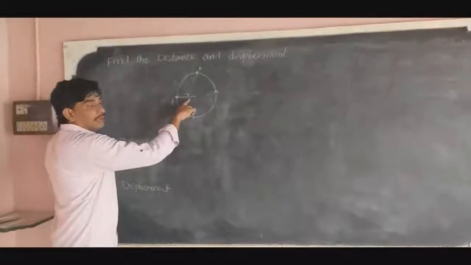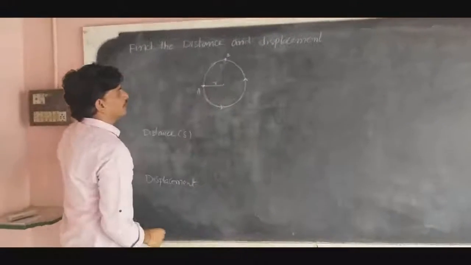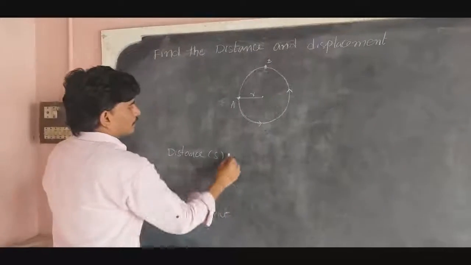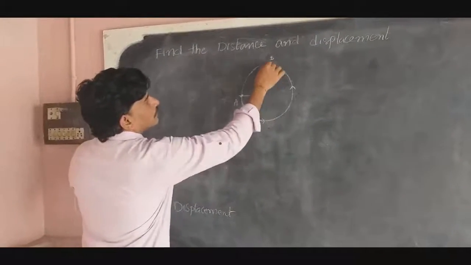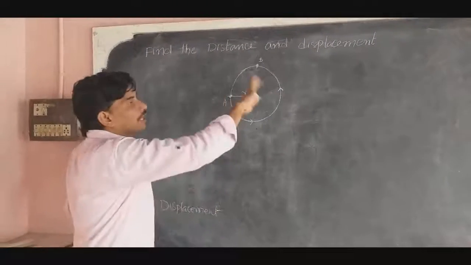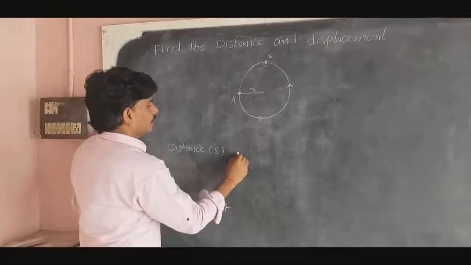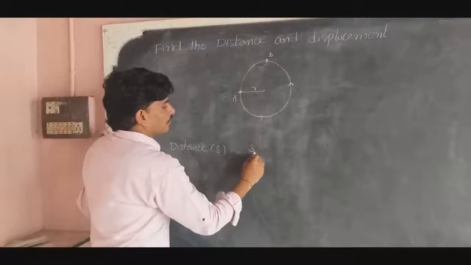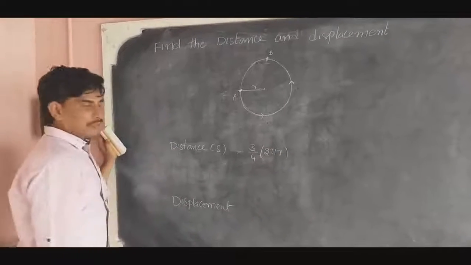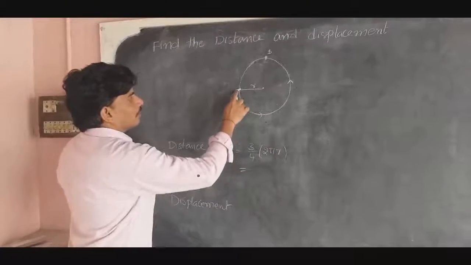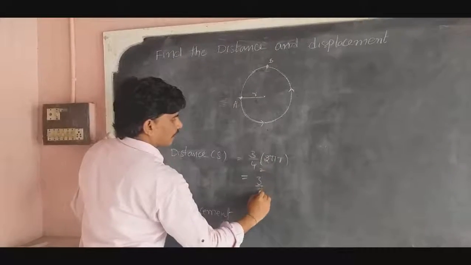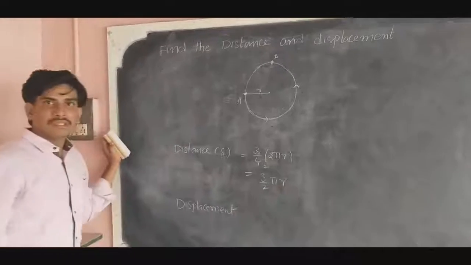Let r be the radius given for the circle. So as we know, this is the half of the part and this is 1/4 of the part. So the path covered on the circumference is the 3/4 part. That means 3 parts covered on a circular path. That's why the distance is 3/4 part of the 2 pi r. So the distance in this condition from A to B in this direction is 3/2 pi r. Okay, good.